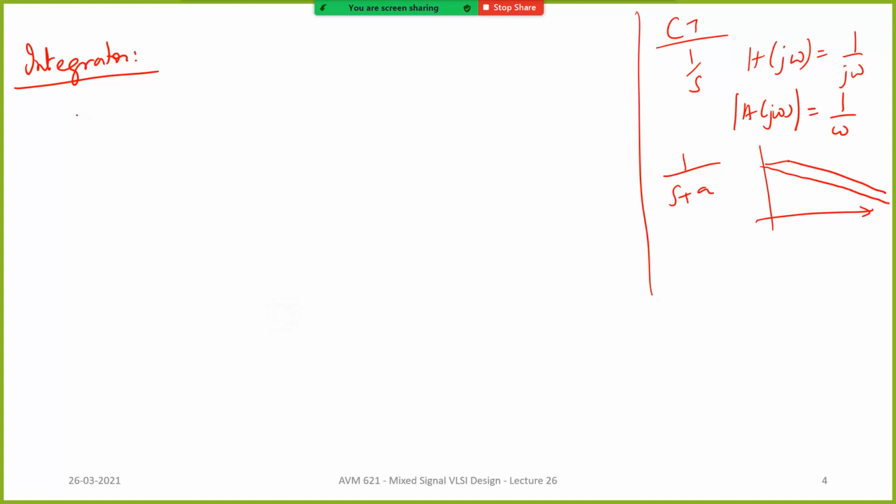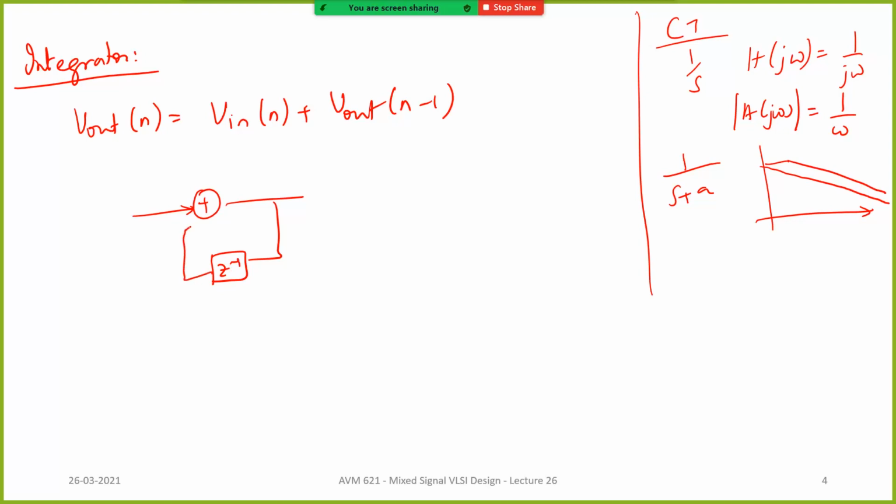Okay. So, how do you write a discrete time integrator? You will say V out of n can be written as V in of n plus V out of n minus 1, right? So, basically what is an integrator? You have a summation, you take a delay, you add. This is an accumulator or an integrator. An easier way to understand is an accumulator. In the digital world, you have looked at accumulator registers in microcontrollers, right? You keep accumulating, you keep adding to the existing sum. That is what we are doing here. V out of n is nothing but the current input plus the previous output. So, this is an accumulator or an integrator.